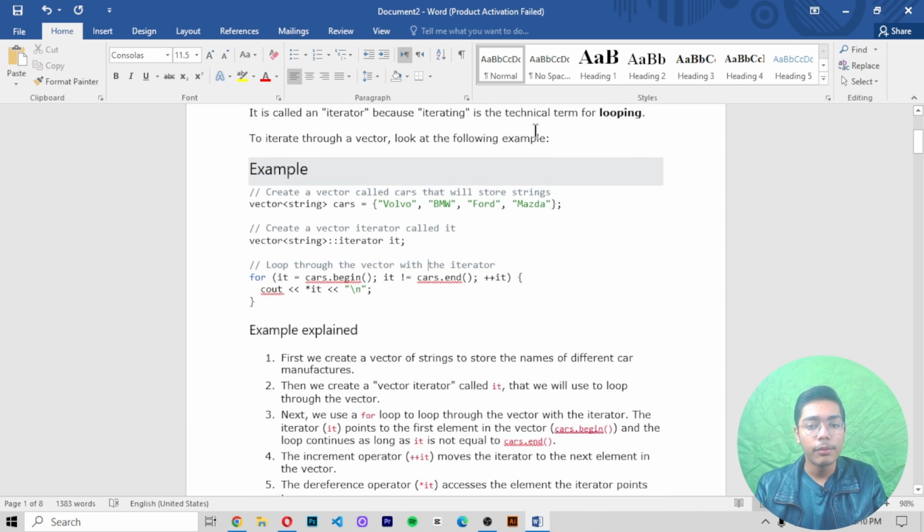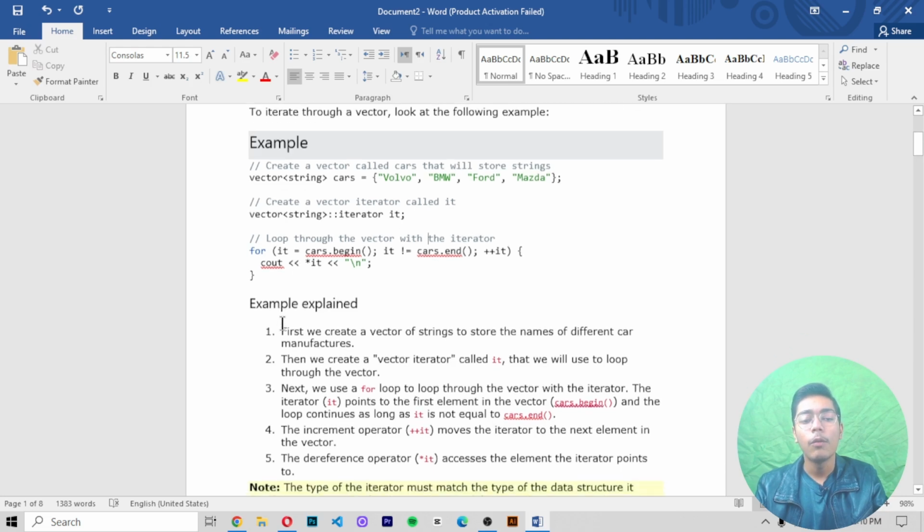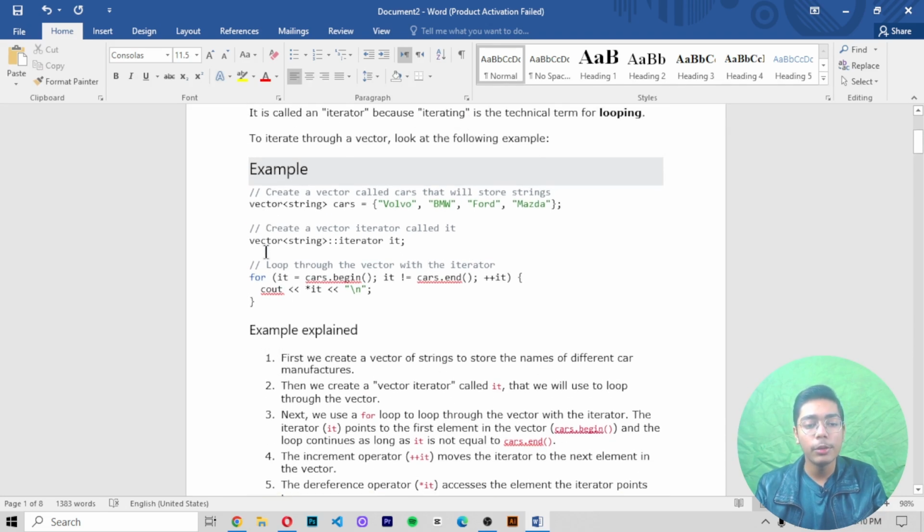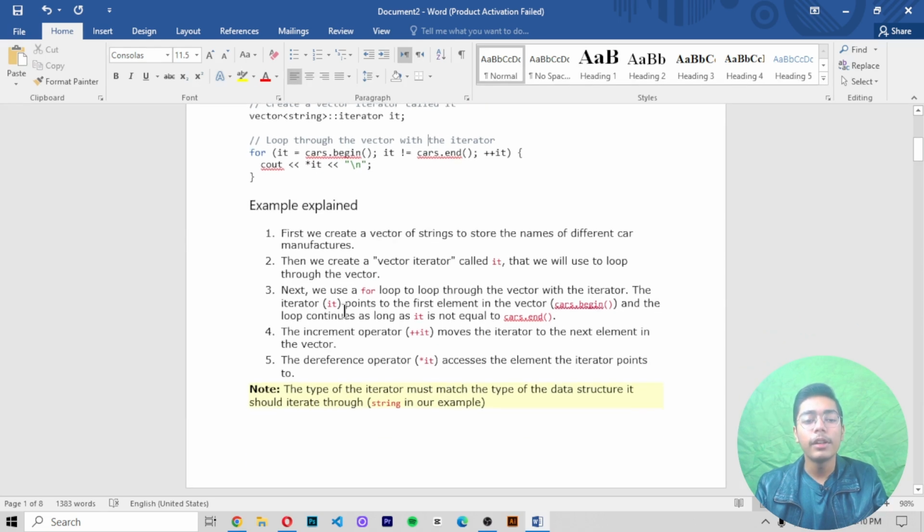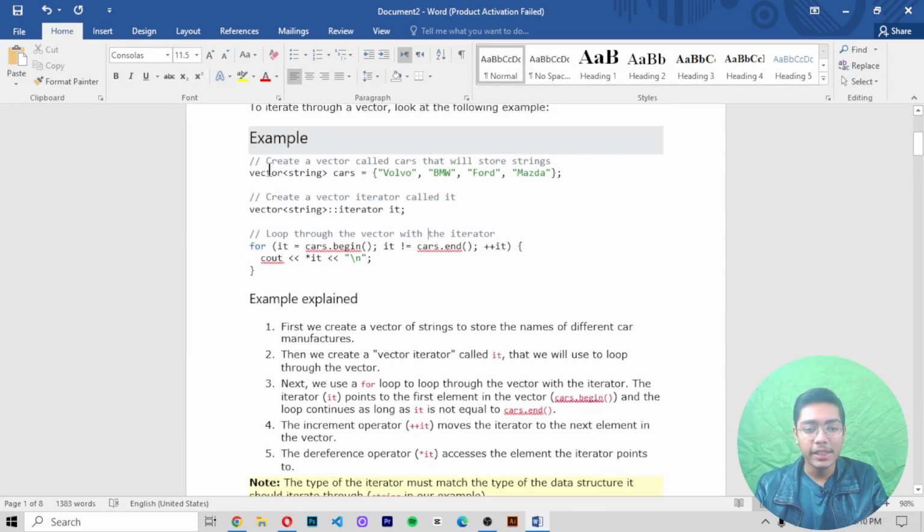the iterator term for looping, what output I'm getting, how I'm getting the output, and what's the difference between a normal loop when I'm using and printing, and when I'm using the technical term for looping, which is iterator, with a for loop, how the output gets printed when I'm iterating. If we talk about that, what is this example saying, or what this example is explaining